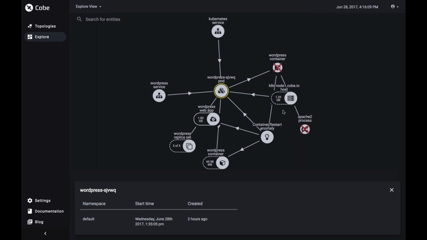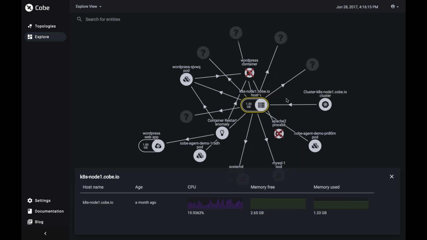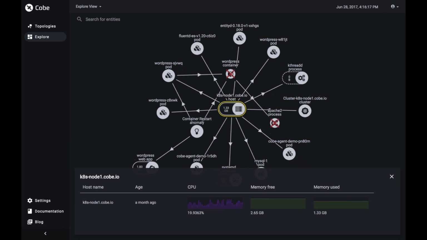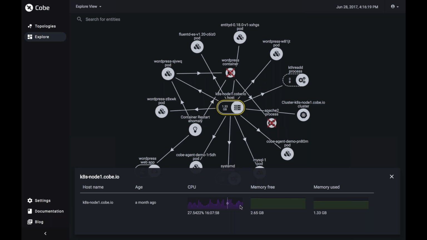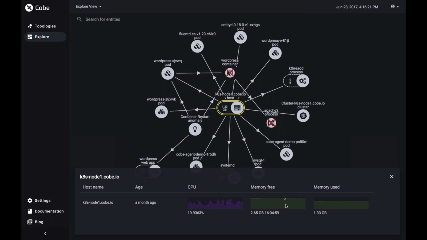Here, you can see the node which the faulty container was running on, and we can dig in further to understand the impact of the anomaly. We can see the metrics for the node, CPU usage and memory usage on that node, so we can understand if there may be resource limitations causing issues to that container. By going back to the pod,